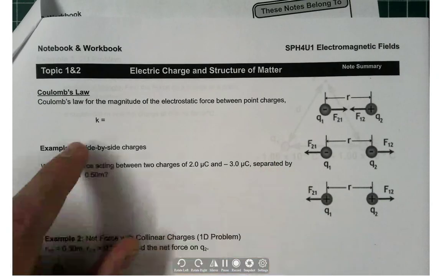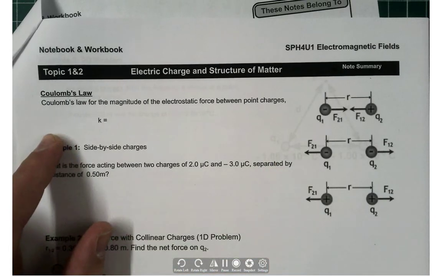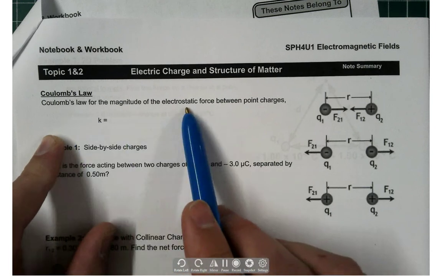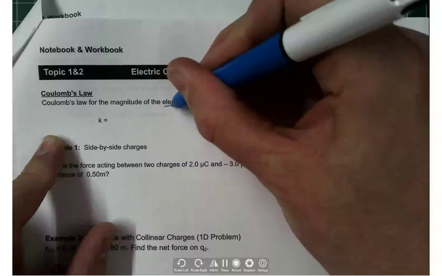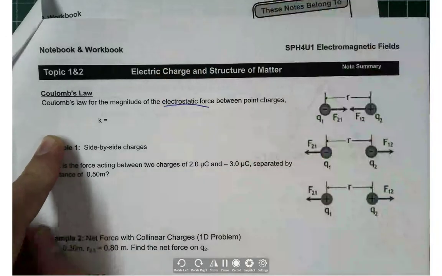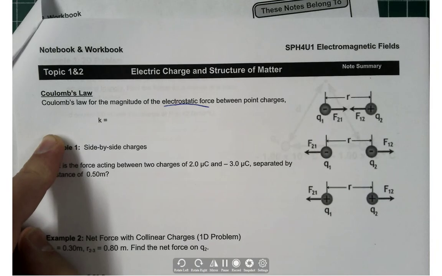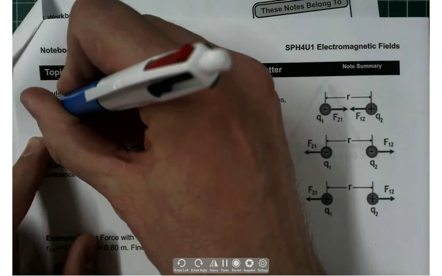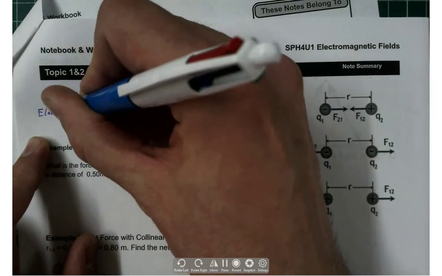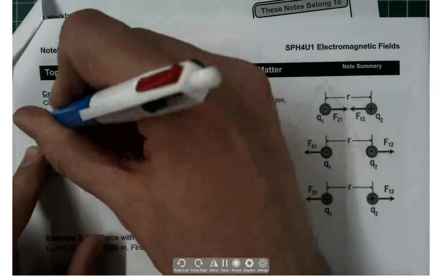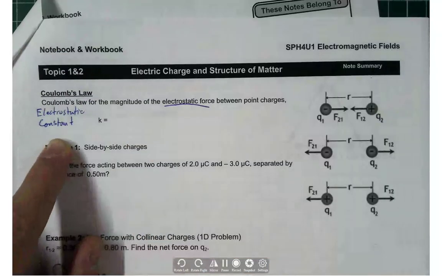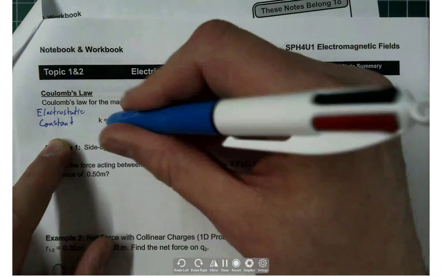But I want to talk about how the force works. There's this thing called Coulomb's law for the magnitude of the electrostatic force. And electrostatic force is the force between two or more charges, two or more point charges is how we're going to talk about it. And there is an electrostatic constant. Now I'm going to lead off with the idea of an electrostatic constant, because this electrostatic constant, which I'm going